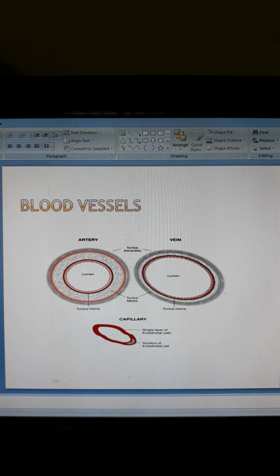When we talk about the walls of the artery, the wall of an artery is made up of three concentric layers of tissues, as you can see in the figure. The outermost coat is made up of connective tissue, which is known as tunica externa or external layer. The second one is made up of smooth muscles and elastic connective tissue, and it is called tunica media or middle layer. And the third one, the innermost coat, is made up of flattened cells, also called endothelium. This is called tunica interna or endothelium.